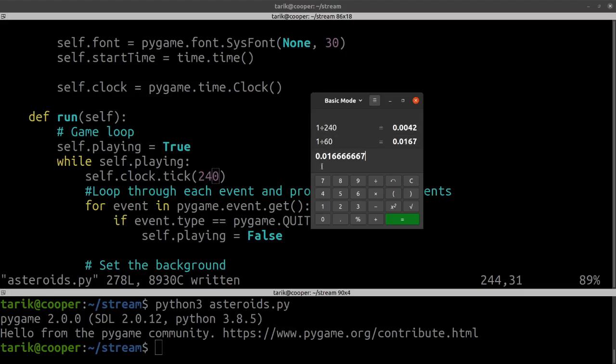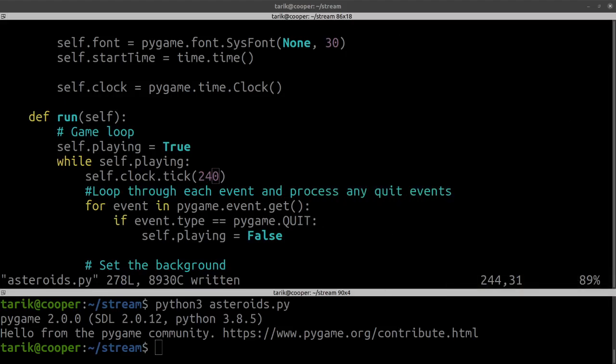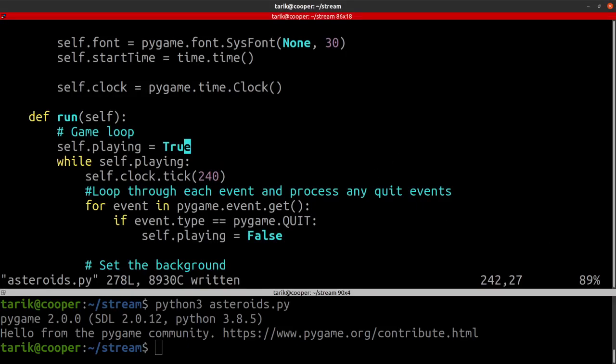If we have 60 frames a second, if it takes less than 0.01 seconds, so 16 milliseconds, then it's going to wait and just freeze until that amount of time has passed. It's not going to be a noticeable freeze because you're still getting 60 loops in a second, which is a decent speed. Let's have a quick look at the code,